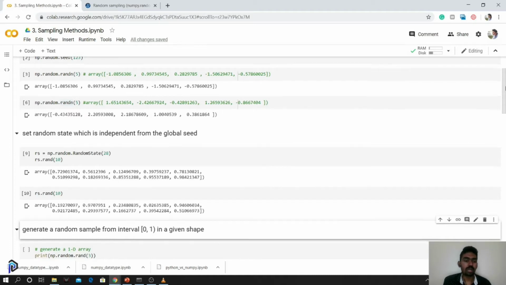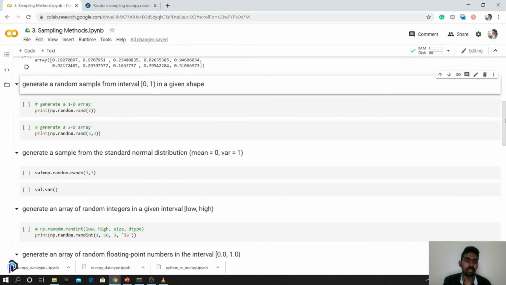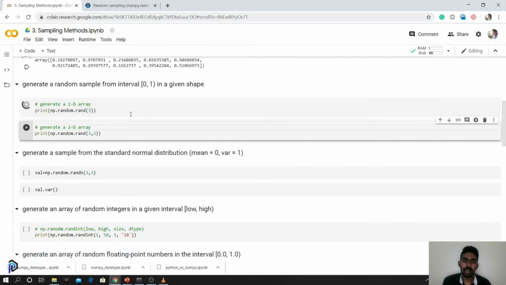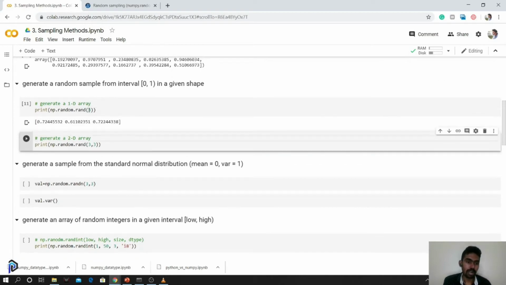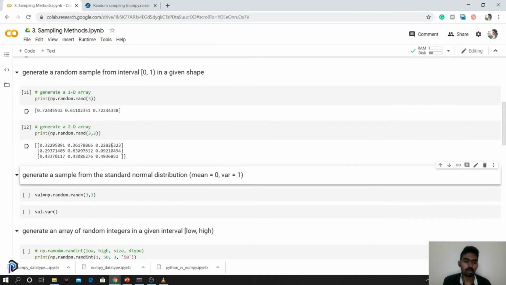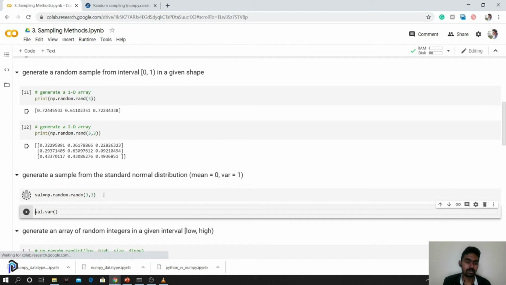Before that, we'll see what other random samples we can create. np.random.rand helps you create random variables in the interval 0 to 1. It's not negative. np.random.randn helps you create values from the standard normal distribution with mean 0 and variance 1. So we'll print the variance.